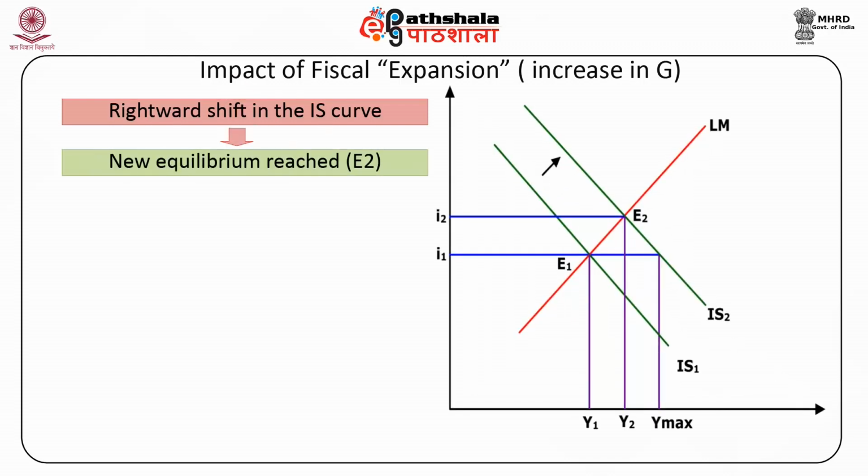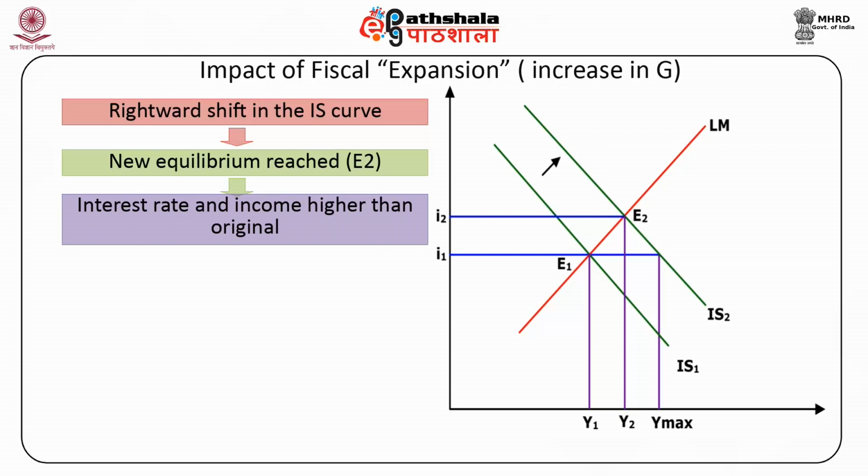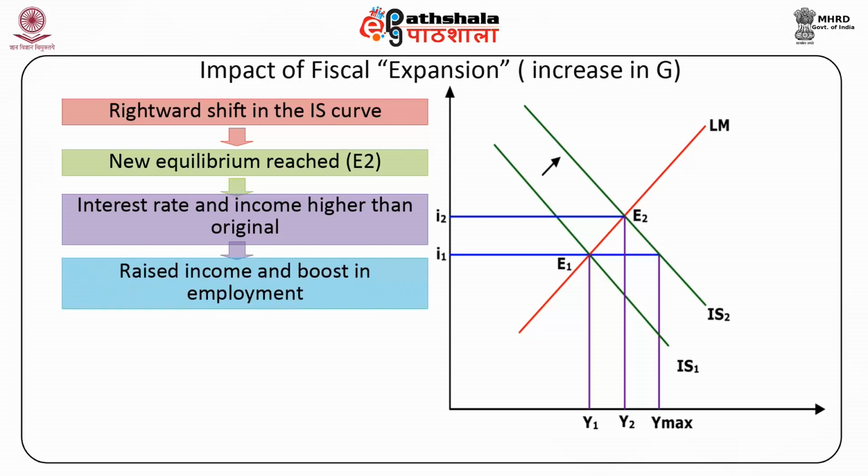The new equilibrium is reached at point E2 where the interest rate and income are higher than at the original equilibrium E1. So, expansionary fiscal policy raises income and boosts employment, but the interest rate rises as there is